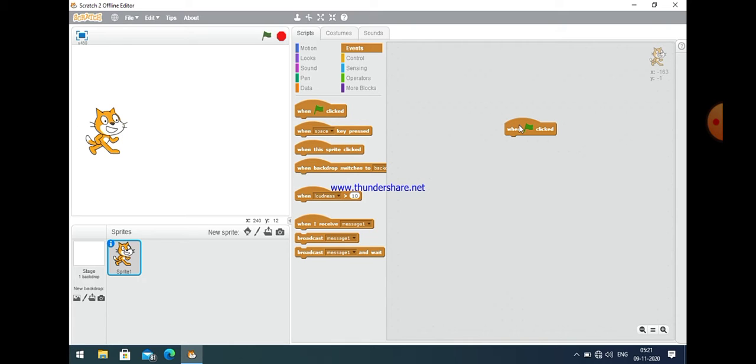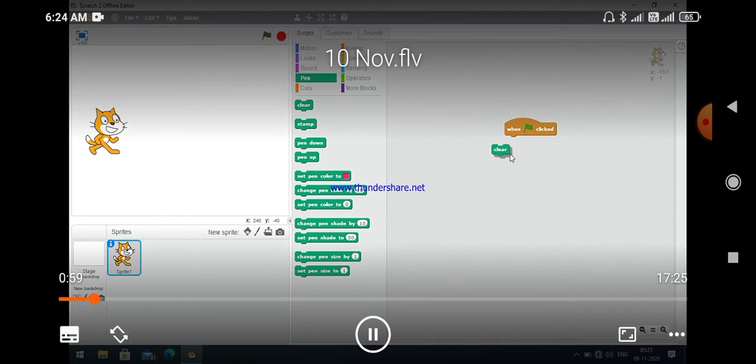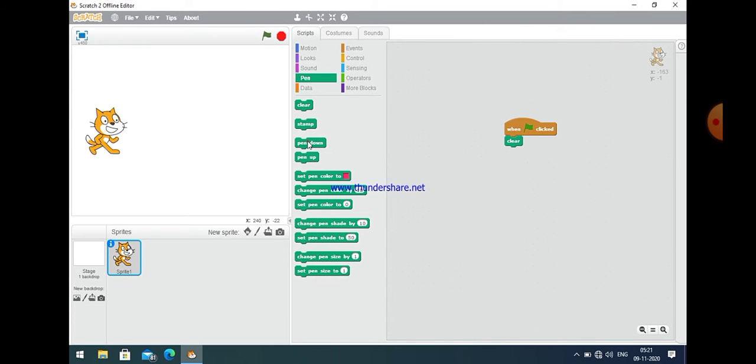as you see here, different categories are there, and commands related to each category you can easily find on a program. Next is pen. In the pen category, there is a command clear, which basically clears all the things which you have just drawn on the screen. So when I execute this program again and again, this command clears all the things which have already been drawn on the screen. So the next command is clear.